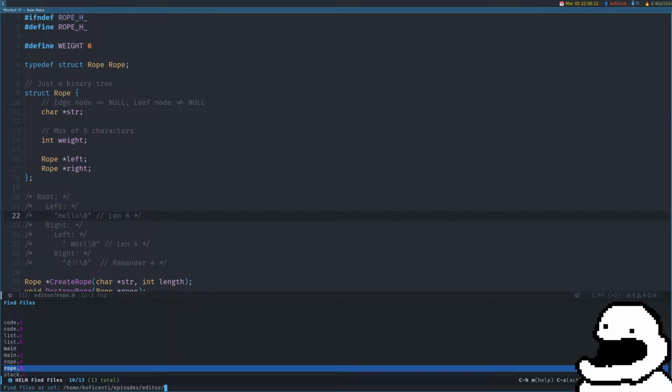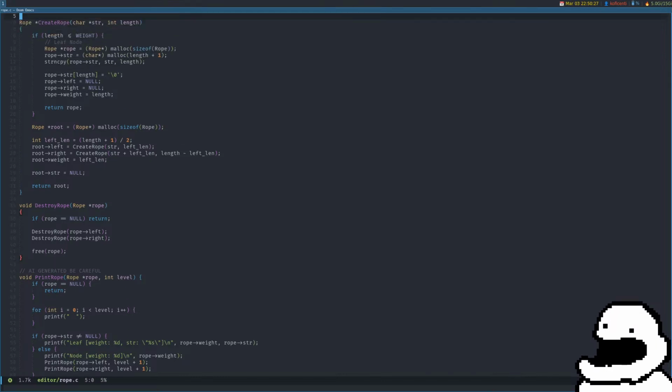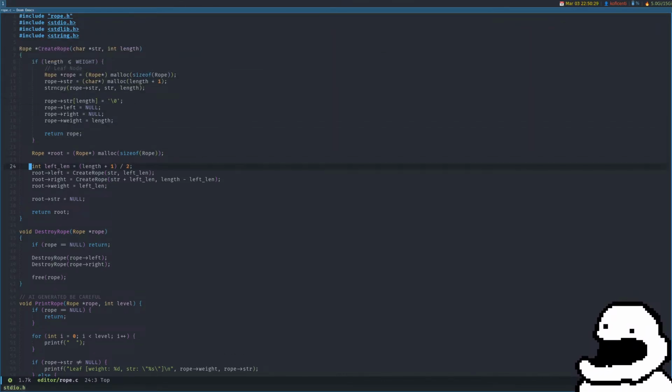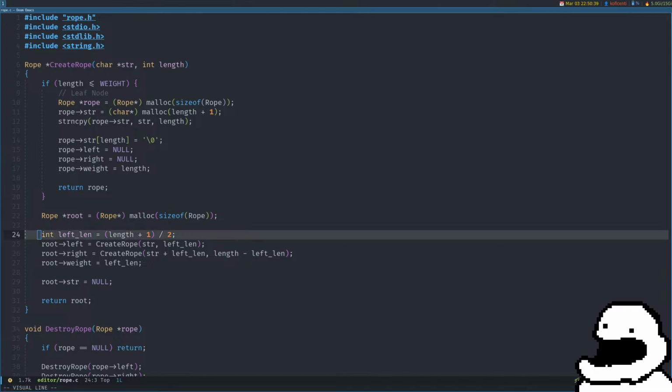Oh, I should probably look at the code. Let me go to it. So right here, this is how we create it, and this is how we balance it. We pretty much take the string, split it in half, and then handle each half separately. And when we're dealing with the leftmost side,